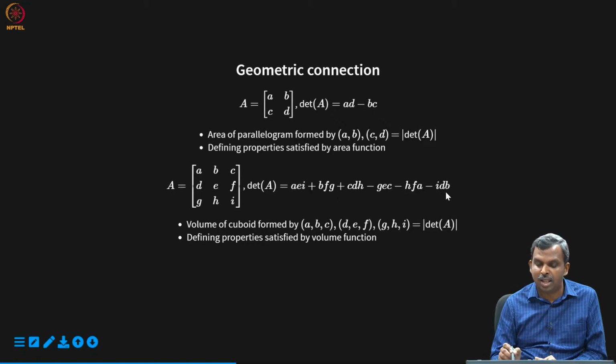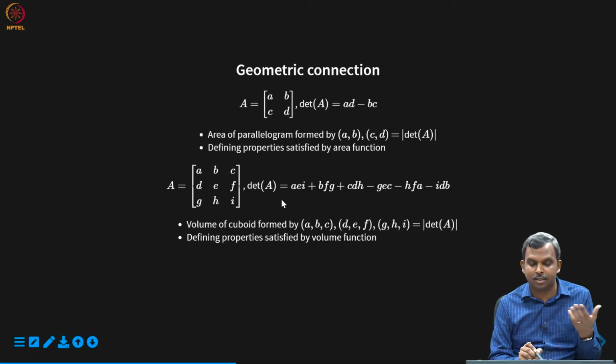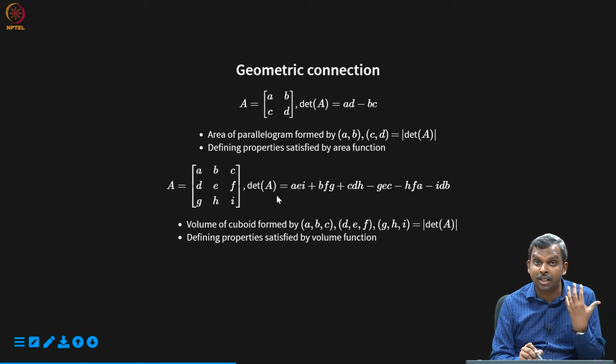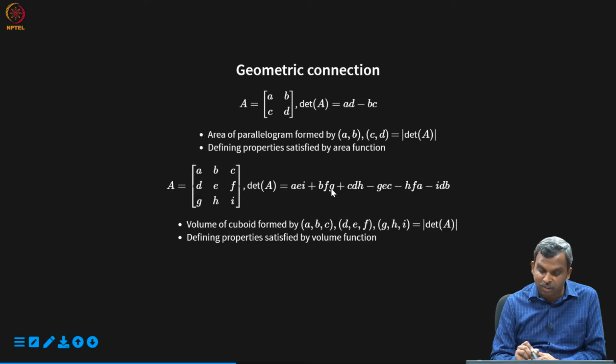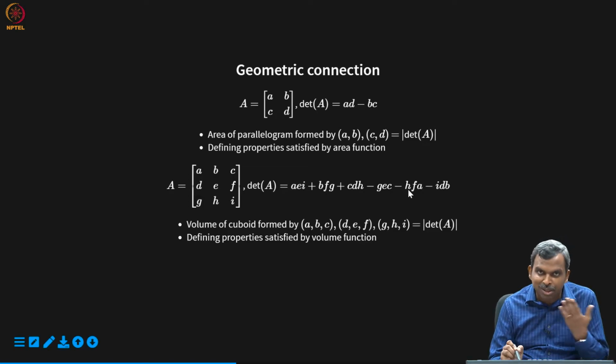So this is a valid formula for 3 by 3, and you can check all the 4 properties, just to show you that this is a valid determinant. If the identity matrix, it will be 1, row scaling will happen. If any 2 rows are equal, it will become 0. And then the row linearity will also happen. All those formula properties will be true. You can check that. So it's a valid determinant,